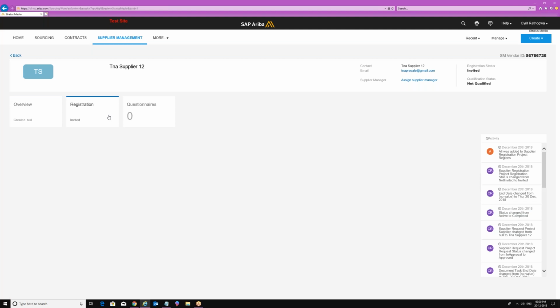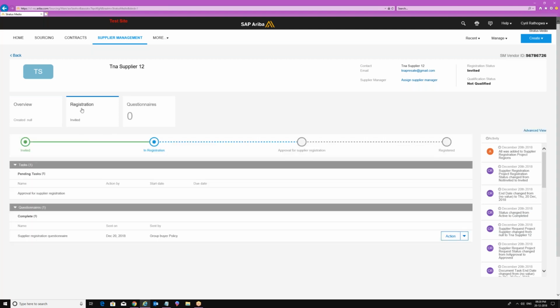Okay. So then we will go into the registration tab over here. So what do we mean by registration over here? Registration means basically we will be sending some questions, and those questions have to be given a response by the supplier, but it will happen through Ariba network only. It is not going to happen manually. First of all, before going into Ariba network, the supplier has to create their own credential, or if they have their own credential already created in Ariba network, they just need to log in with their credential, and they are going to find the questions. Within the questions, they are going to give the answers.